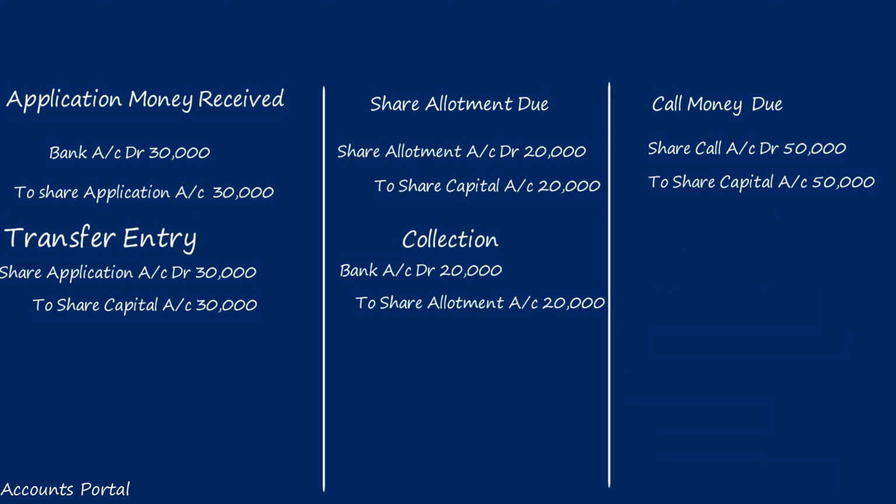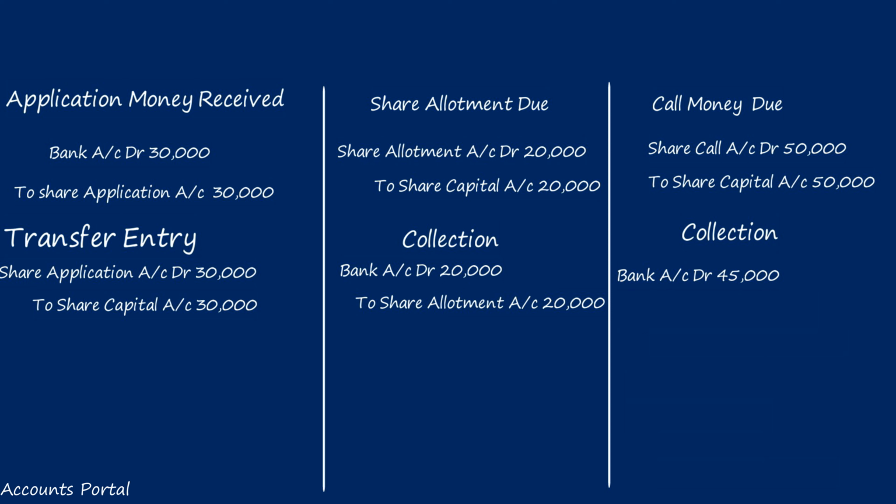Dear students, has every shareholder paid, or are there any calls in arrears? Yes. All the money due on shares was received except call money on 1,000 shares. Now, will you receive the amount for 9,000 shares or 10,000 shares? Only for 9,000 shares. So bank account should be debited with 9,000 into how much now? Call money 5 rupees. So 9,000 into 5, 45,000. Bank account debit